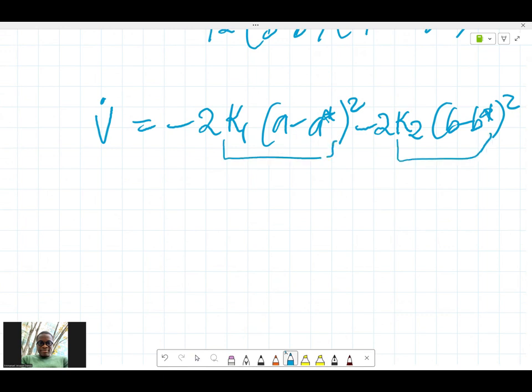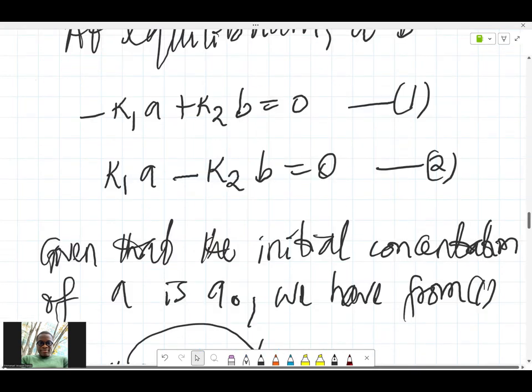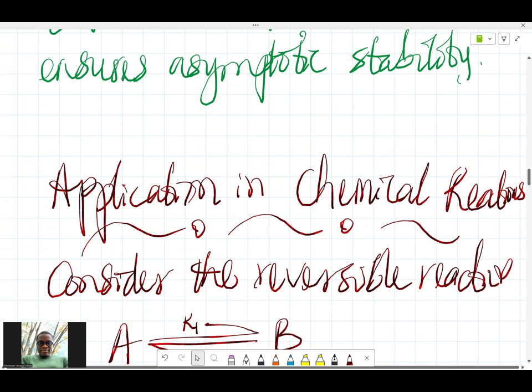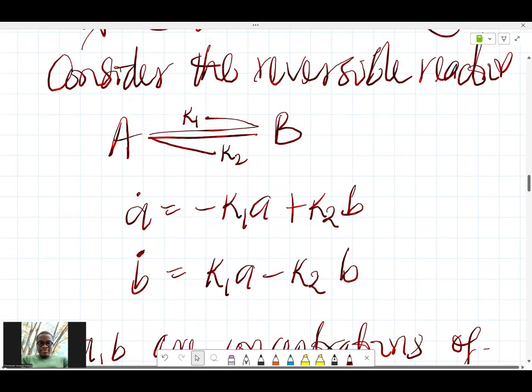The next condition is that this V dot is clearly less than zero. It's clearly less than zero. And once that happens, what do we have? If V dot is clearly less than zero, what does the condition give us? It tells us that if V dot is clearly less than zero, that ensures asymptotic stability. So we can conclude then,